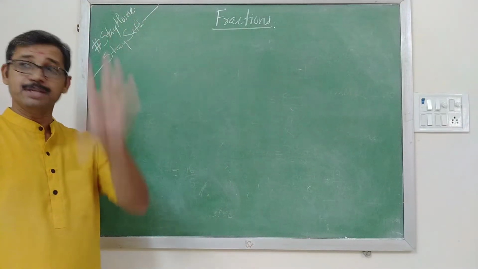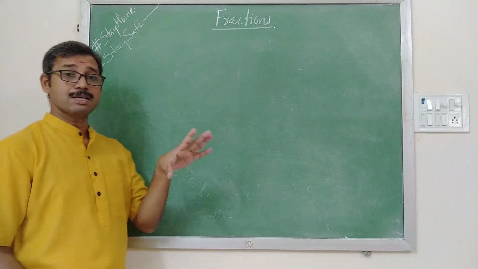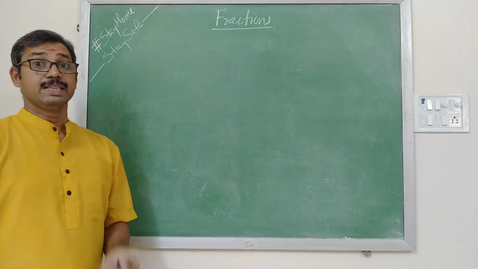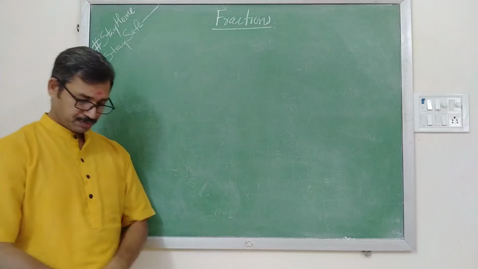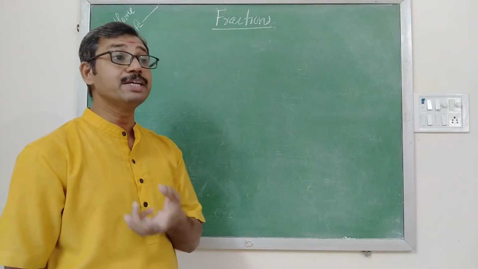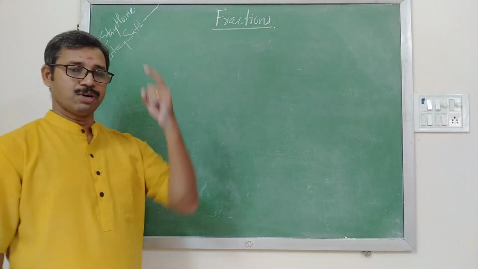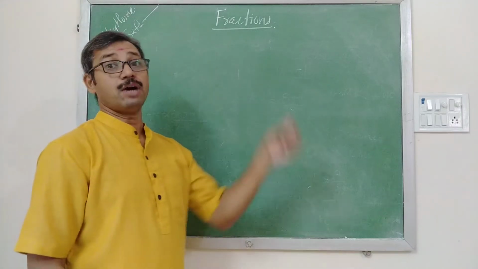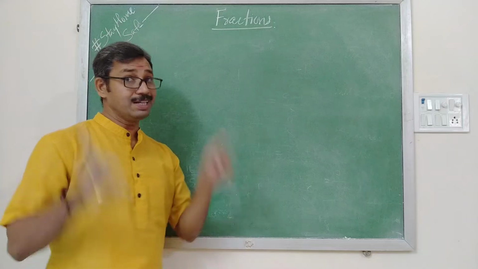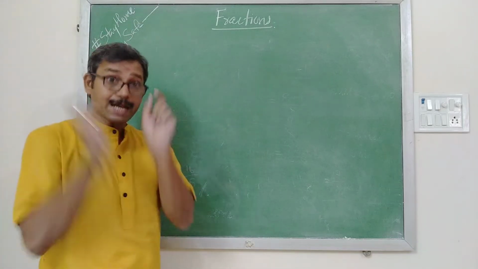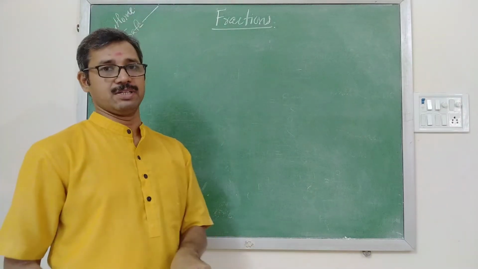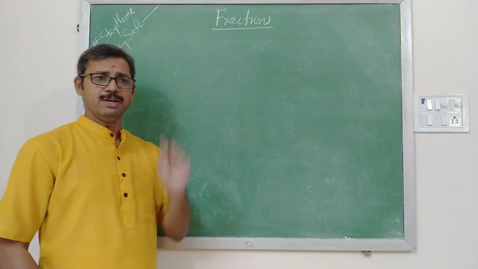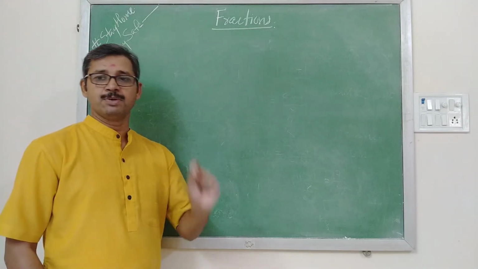Here, one very important thing is that while you are subtracting or adding two fractions, the denominator must be the same. Now, how is it possible to make the denominator the same? Keep one thing in mind: if you want to add two fractions or subtract two fractions, and even if you want to compare two fractions, what must be the same? The denominator must be the same. Now the question is, how can we make this denominator the same?